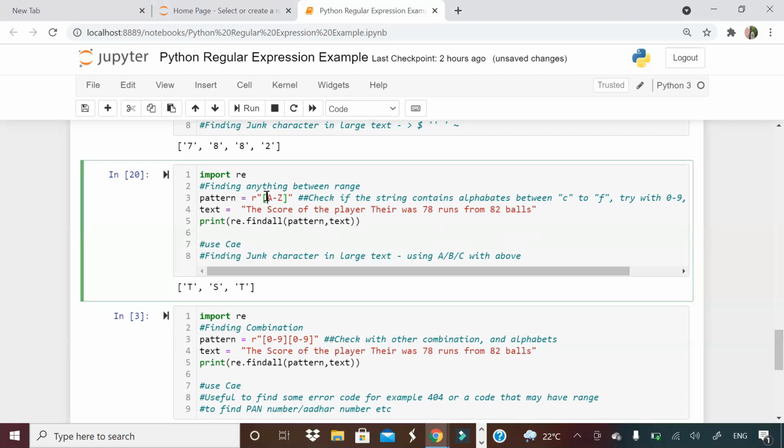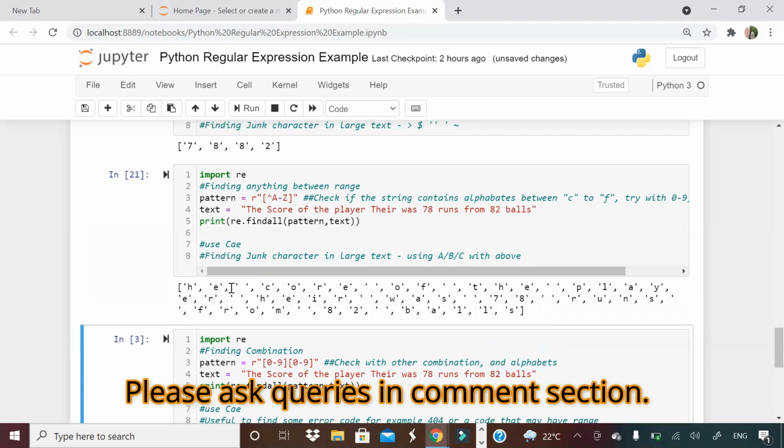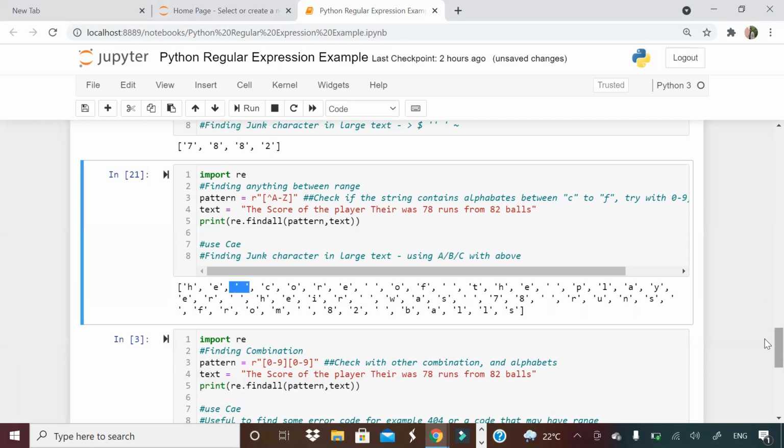Now I want to make a note of it. The use case, guys, is finding characters which we are not expecting. For example, in a large text, I do not want any uppercase character. So I will just say not, and ABC will be picked. If I want to pick the text which is not uppercase, I say it like this, and all the lowercase letters and spaces will come. A to Z will not come.